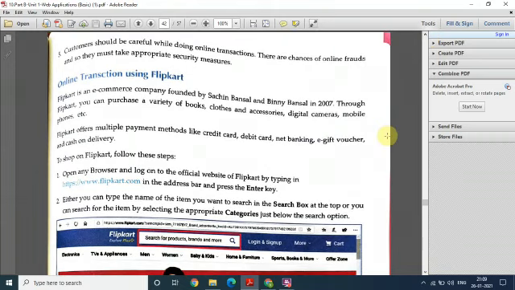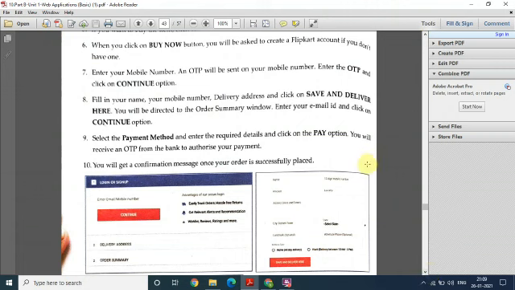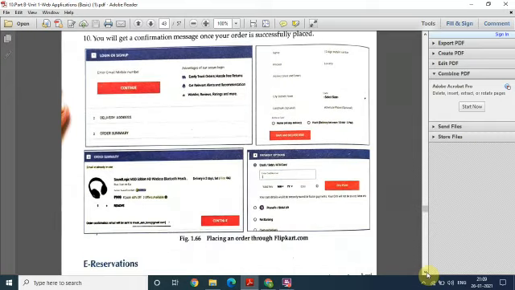Fine, now online transactions using Flipkart. Now if you are going to purchase something using an online website like Flipkart, you have to go for online transaction. Right, तो जब आप ऑनलाइन ट्रांजेक्शन अप्लाई करेंगे तो ऑब्वियसली यू हैव टू गिव योर details and all. Fine, you have to first select the product. Fine, then buy now, then you will get an OTP, one time password, on your phone. Then after doing all these things, you have to go for the payment method. Fine, then you have to give your account number and all the details, and after that when it is successfully done, you will get a confirmation message that this amount has been taken from your account and all. Okay, so this is like that.